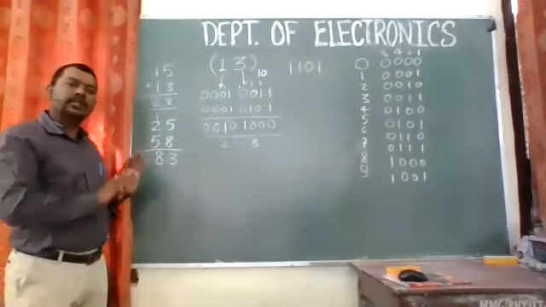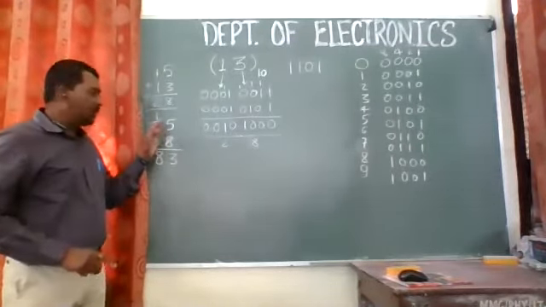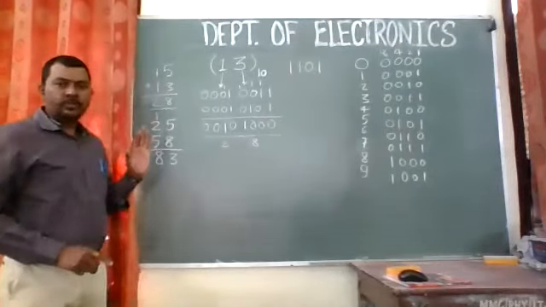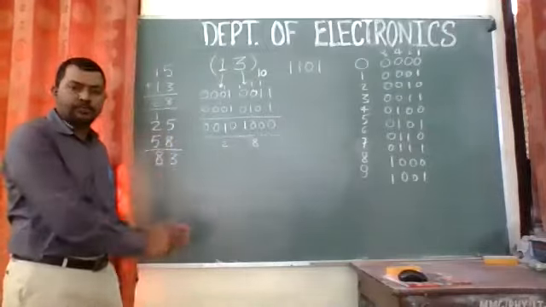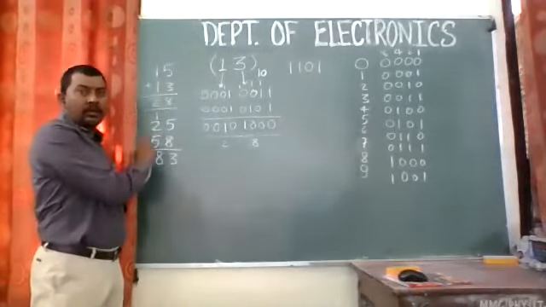25 plus 58, हम लोगों ने ऐड किया है डेसिमल के हिसाब से, और आंसर है 83. सिर्फ इसमें हमने एक क्या काम किया है, इसमें हम लोगों ने ऐसे नंबर्स लिए हैं जिसमें कैरी जनरेट हो रहा है. So there is a carry generated at the first bit, which we call the LSB, and that carry is being added over here.